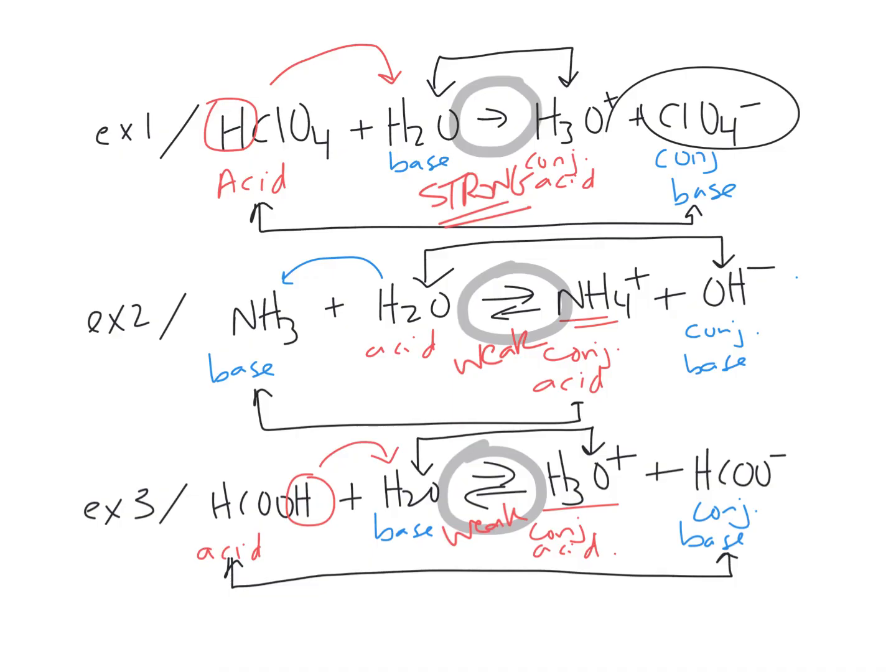So really what it comes down to is because ammonia is a weak base, it gets the equilibrium sign, and because formic acid is a weak acid, it gets the equilibrium sign. But the first one is a strong acid, chloric acid, it gets the one-way arrow. More about that later. The other thing you might notice here is that although we're talking about Bronsted-Lowry acid-base systems,